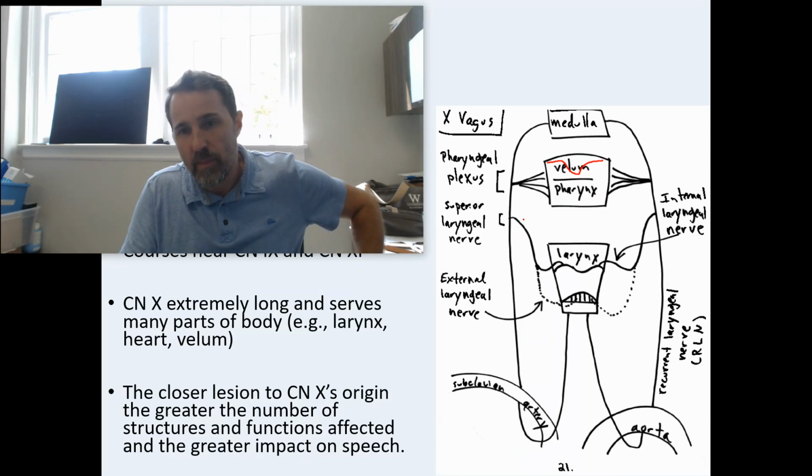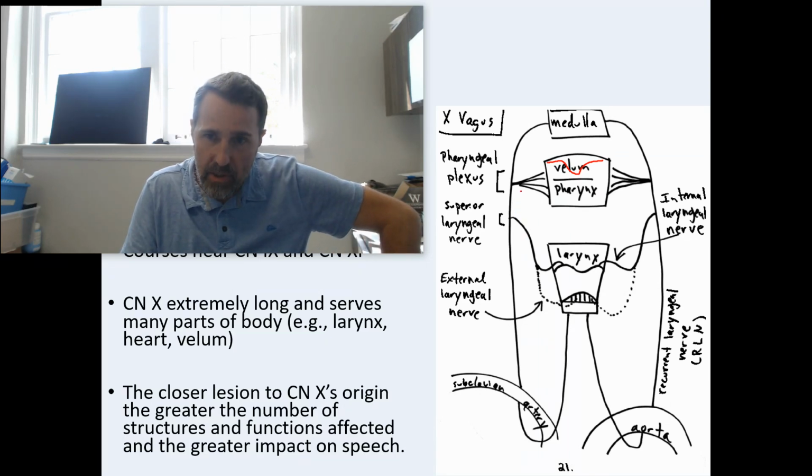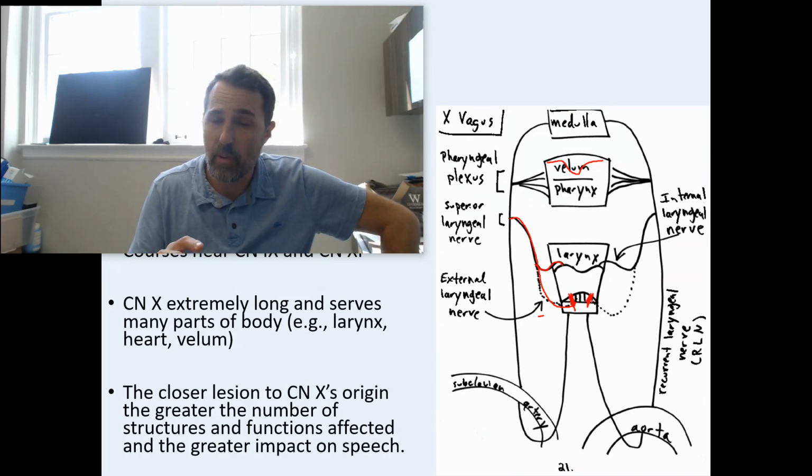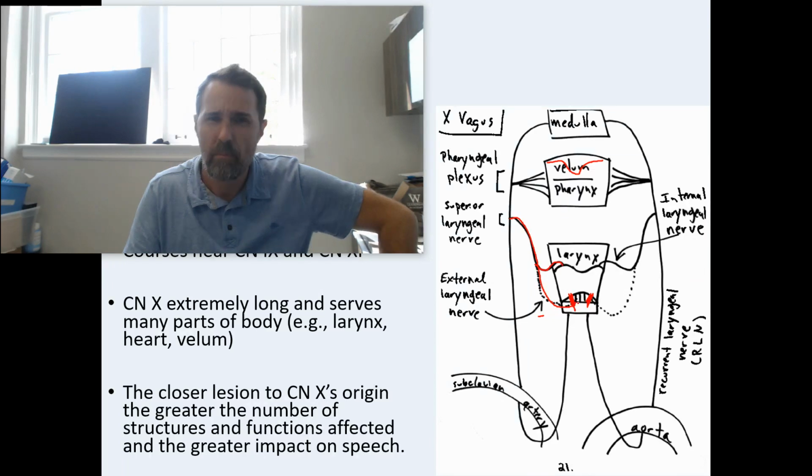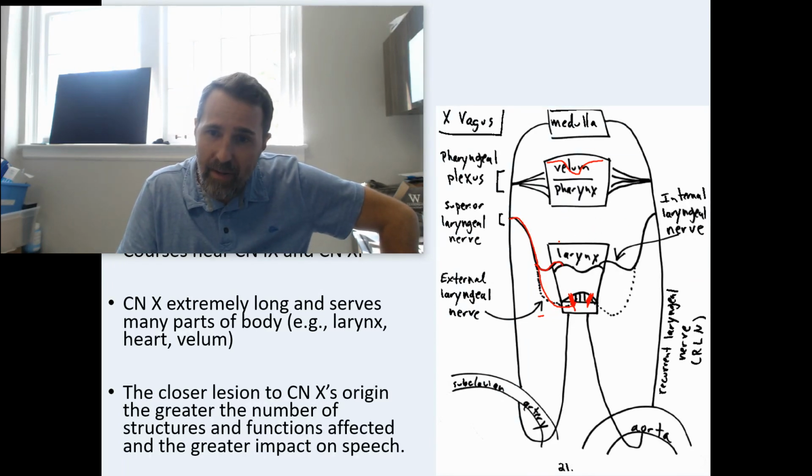You guys will remember potentially that the superior laryngeal nerve, you have a left and a right, and it branches into intrinsic and extrinsic portions. The extrinsic portion innervates the cricothyroid, which is the pitch shifter, the primary changer of pitch. But we're not worried about changing pitch in this class. But we are worried about the